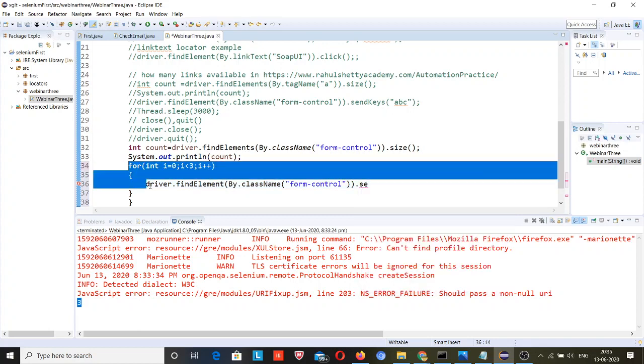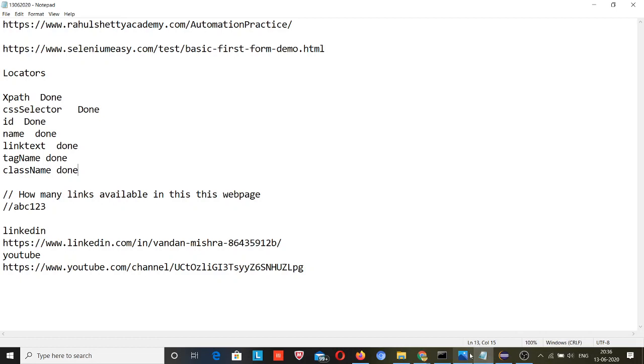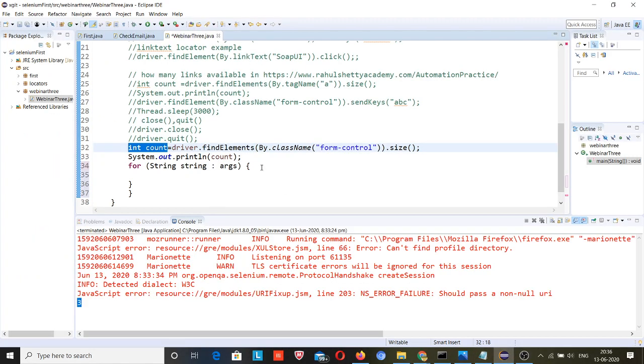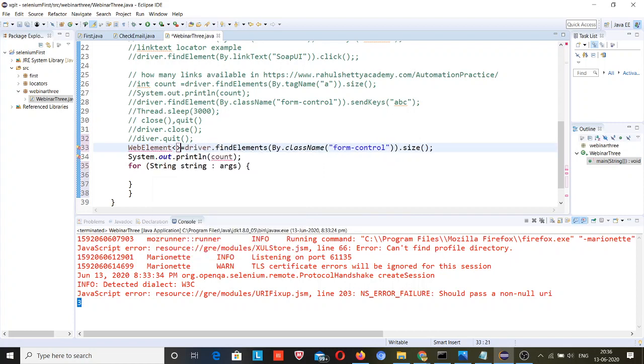So this findElements, I will use a for each loop. Okay, so this will return a list type. Let me refer to my code. Element and list.